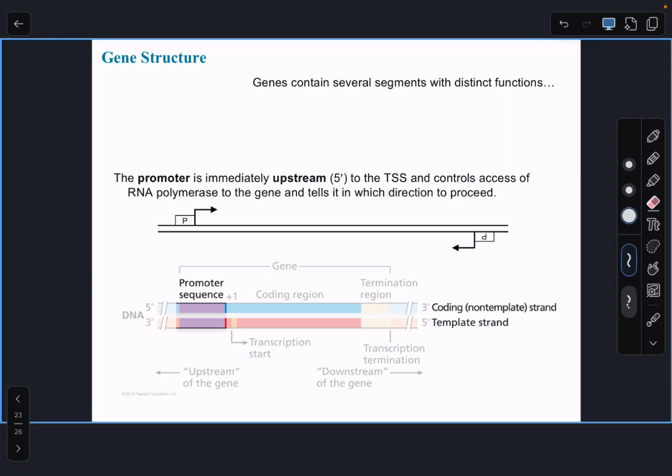So those are promoters. And in this example that we had here, why RNA polymerase will go in one direction or the other is all dictated by the promoter. So those key sequences in the left gene are such that they will place RNA polymerase at this TSS and have it look to the right. The promoter in this second gene will place RNA polymerase at this TSS and have it look to the left. And from that point onwards, RNA polymerase will simply follow the 3' to 5' template strand because that's the only thing that biochemically it can do.